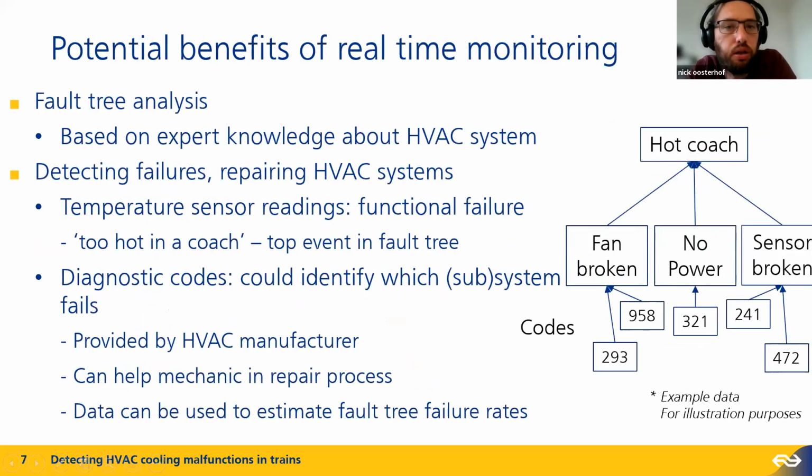Why do we want to use this real-time monitoring data? Well, it could help us in improving fault tree analysis. Together with expert knowledge about HVAC systems, it would allow us to come up with a good fault tree that can help us in detecting failures and also diagnosing exactly where the problem is so that we can more directly